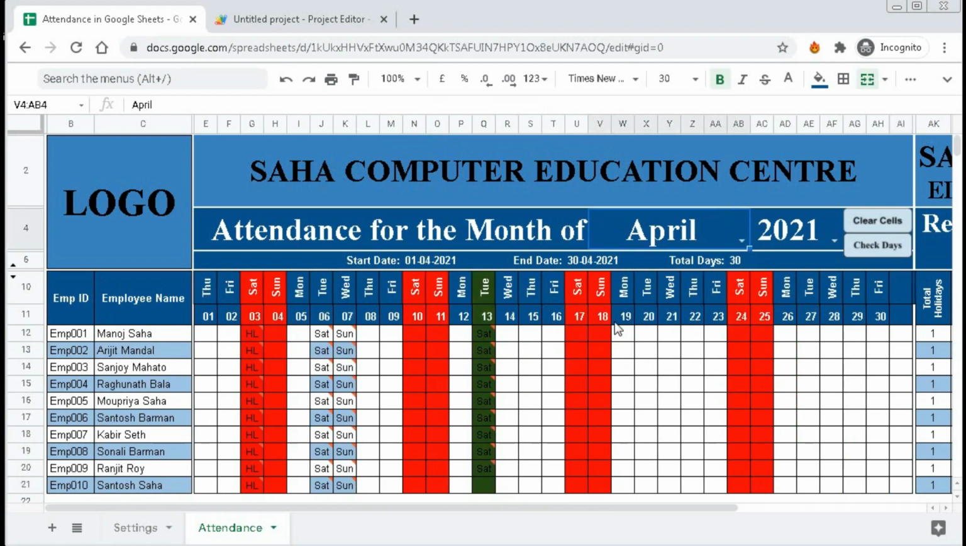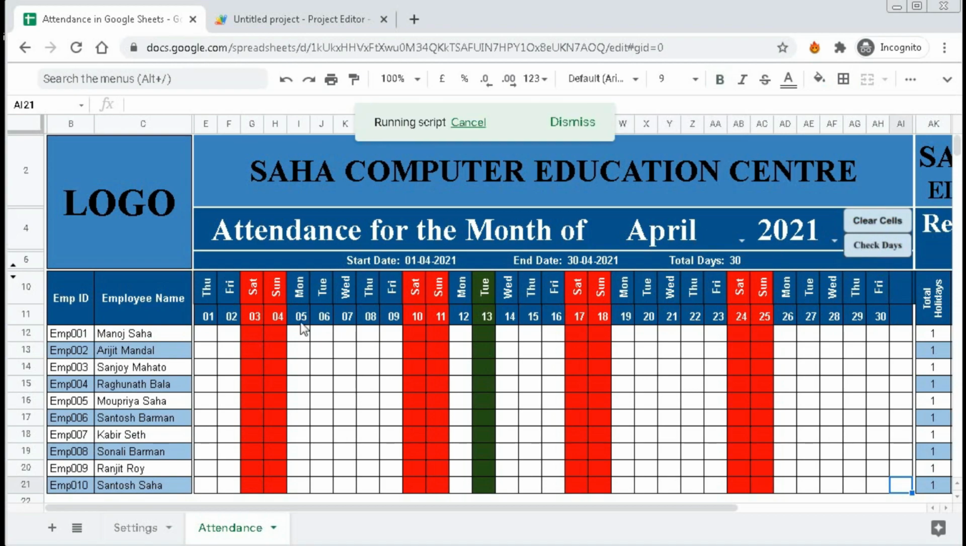Suppose April, and clear all this data with clear cells. You can again click check this to populate weekend names and holidays. So after populating these values, you can start putting your attendance values. So you can see here,